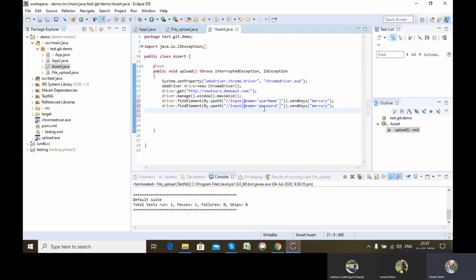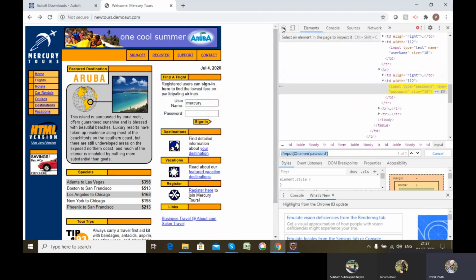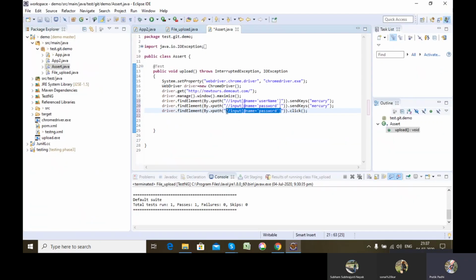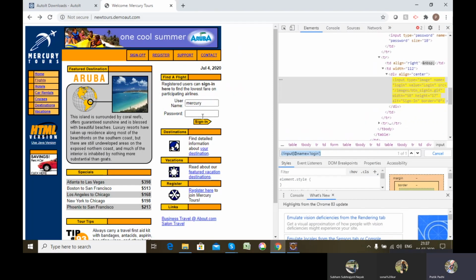Then I will just click. For that, I'll be going into this, then let's go to login.